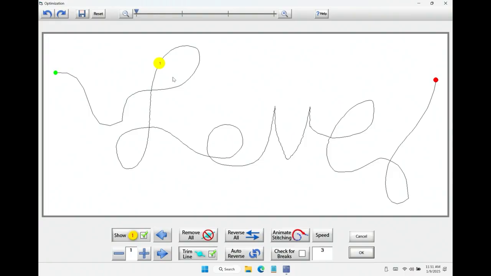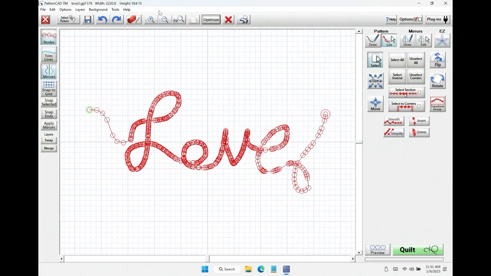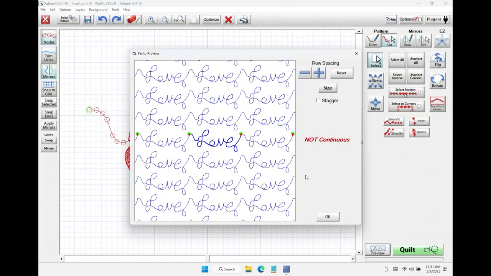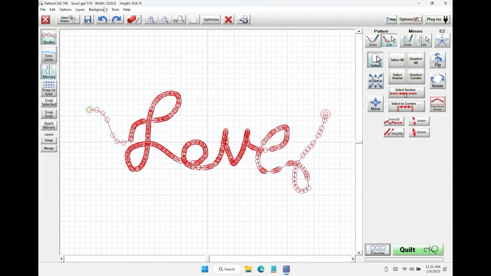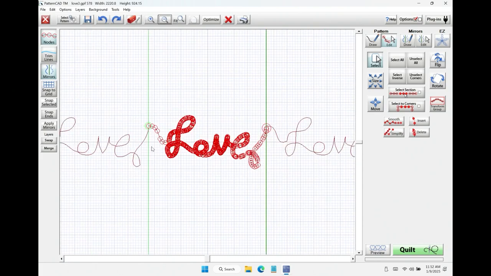So if I wanted to place this on just a block, it's ready to go, right? It's going to start and stop and it's done. But I want to turn this into a pantograph. So I'm going to hit cancel. And now that I've made those adjustments, again, I can go to the preview. You can see I'm still not continuous, but I'm pretty close, right? So I am going to go into that tool again, do the endpoint continuity,